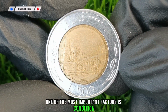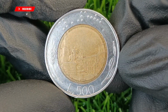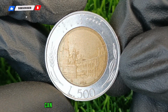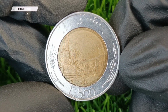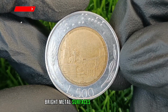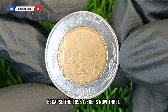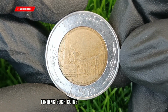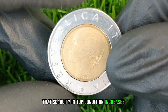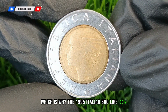factors is condition. Coins that have been heavily circulated may only have modest value, but coins in excellent condition, especially uncirculated examples, can be worth much more to collectors. Collectors always look for coins with sharp details, bright metal surfaces, and no signs of damage. Because the 1995 issue is now 3 decades old, finding such coins is not as easy as it once was. That scarcity in top condition increases the collectible value, which is why the 1995 Italian 500 lire coin is considered